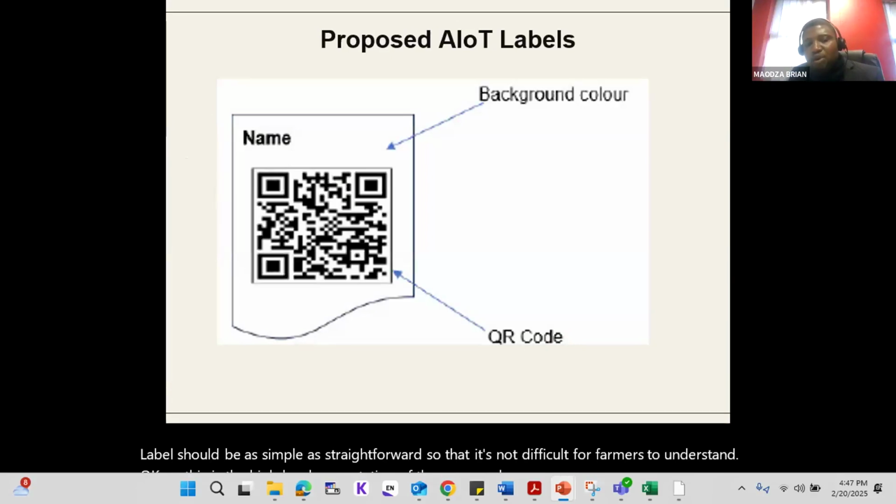Okay, so this is the high level presentation of the proposed label. We're saying the label should have a name, a background color, and a QR code, right? So the background color would be represented by red, amber, and green. So those are the three labels that we propose. If a device has got a red label, it means it has got limited cyber security mechanisms. When it's amber, it's medium. Then a green one, which means it provides the best cyber security for the